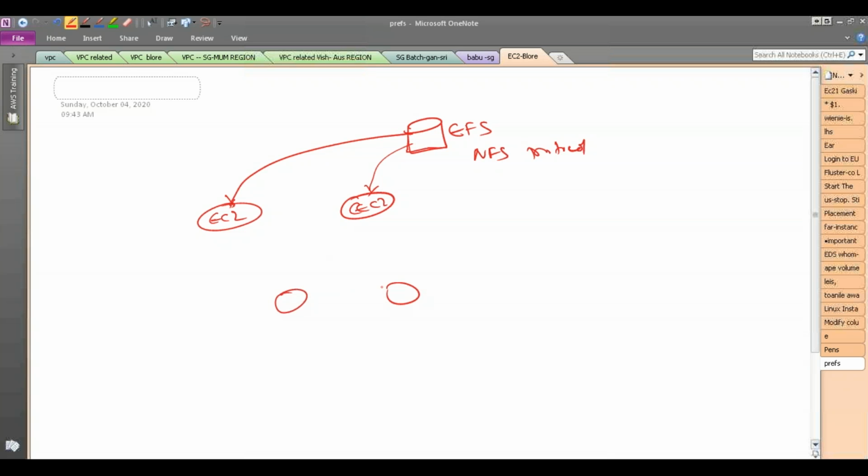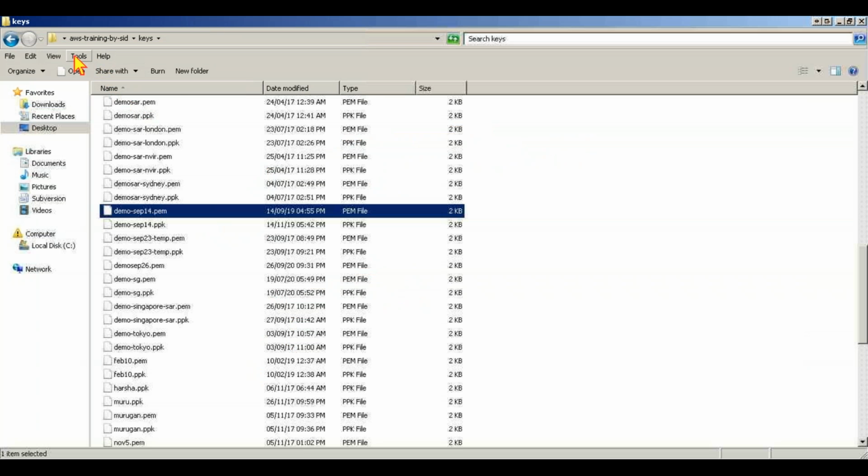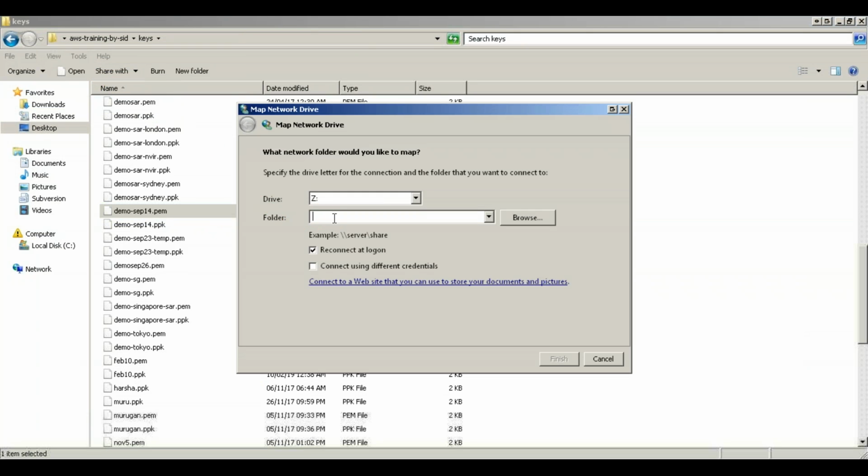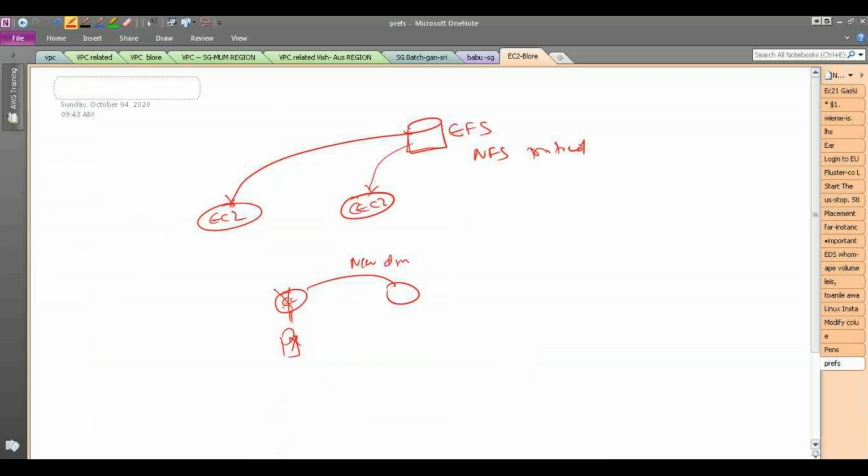You can say, okay, I will have two EC2 instances. I will attach an EBS volume, right? And I will map it as a network drive. You can do that also. But if this machine is down, the storage also will not be accessible, right? Like how you do on Windows, right? You map the network drive as your X drive or Z drive or whatever, which is connected to another machine. But if the other server is down, the storage will be down, obviously, right? So, physically, the EBS is attached only to one instance at a time,